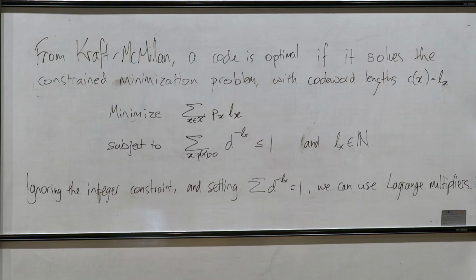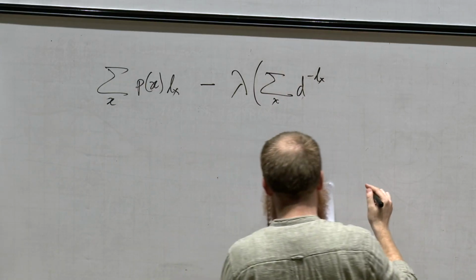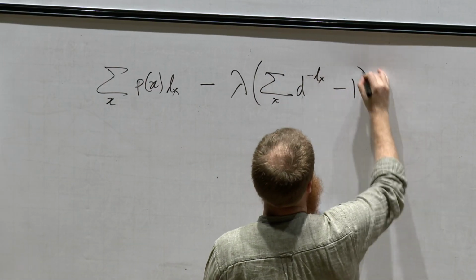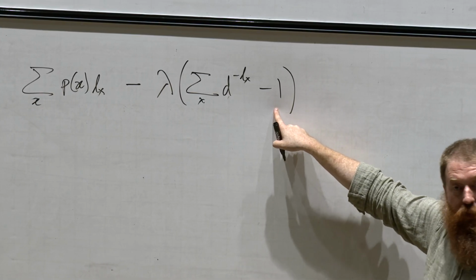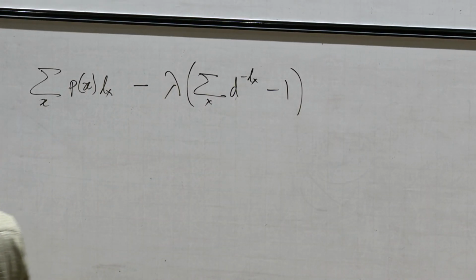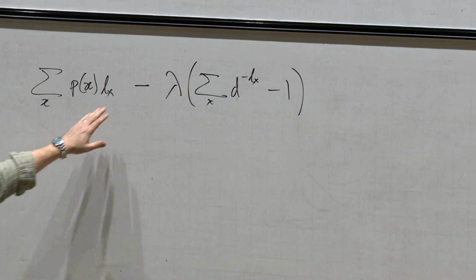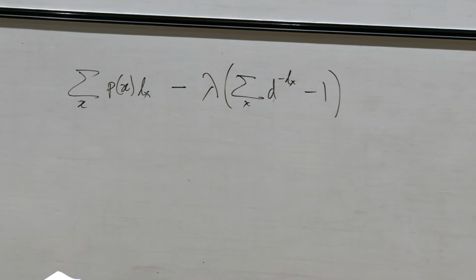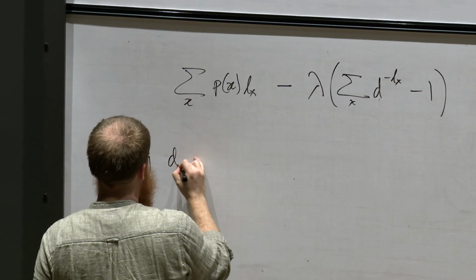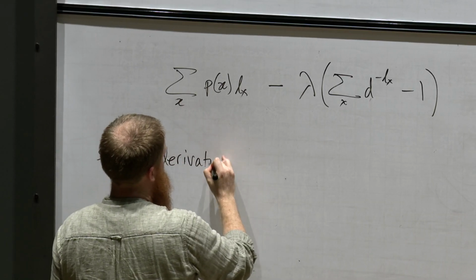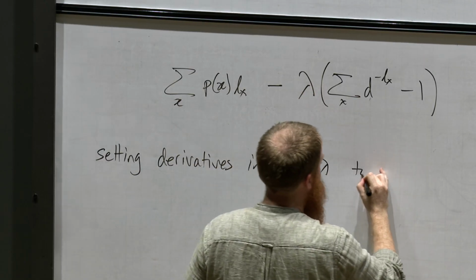Well, I've got that the sum over x of D to the minus L(x), minus 1, has to be equal to 0. Okay, so there's my Lagrange multiplier problem. I want to optimize this with respect to L(x). Setting derivatives in L(x) and lambda to 0,